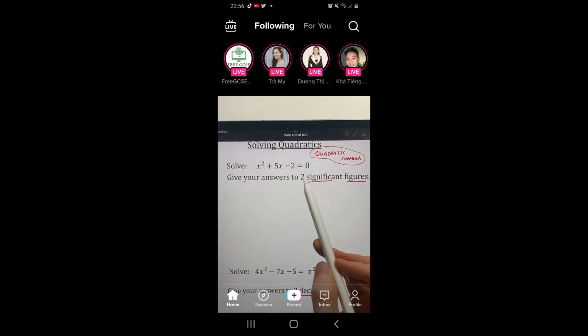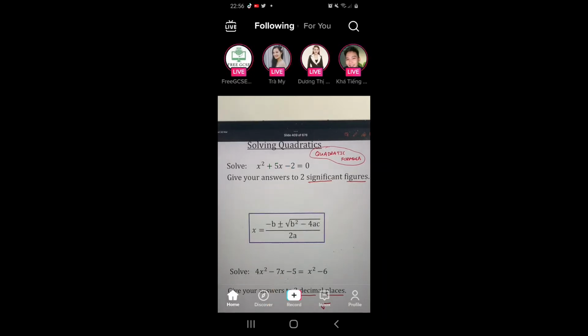So even being a maths teacher, I can't factorize to 2 significant figures. It's impossible. I can't factorize the decimal points. So just really quickly here. So if you see those words, you know straight away you've got to copy the quadratic formula, which if you're in the UK, that's given to you. We need to know our value of A, B, and C. So, for example here, our top one,